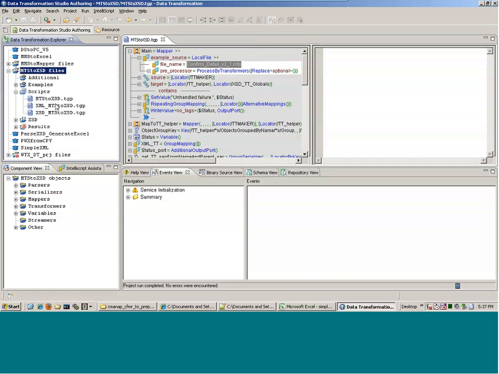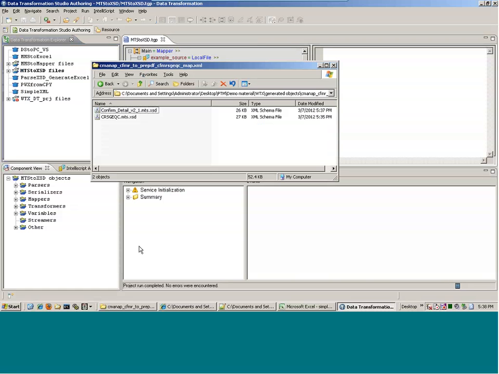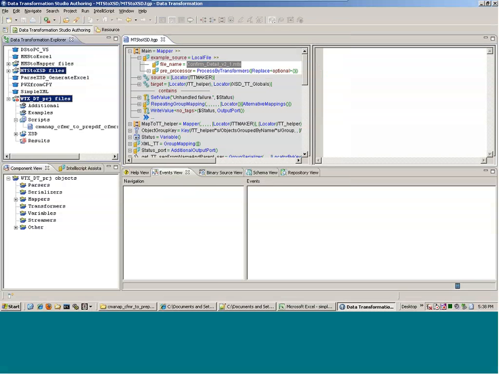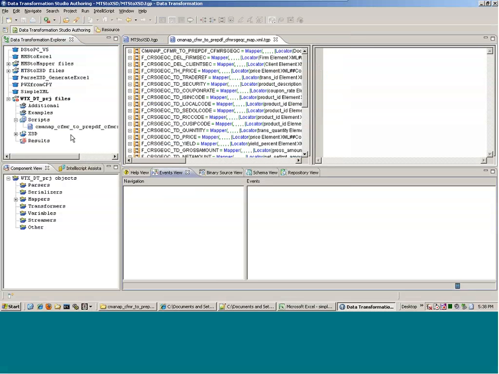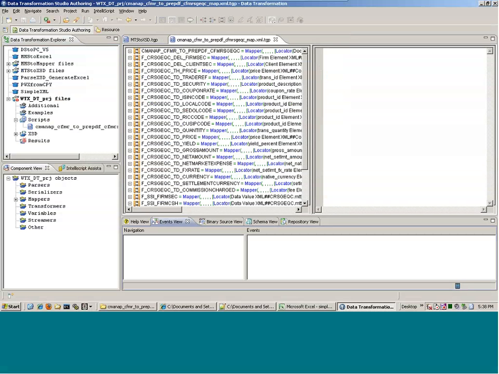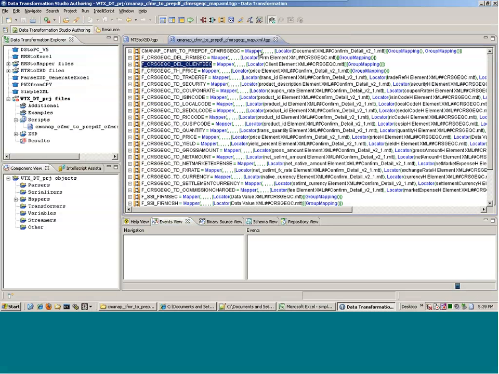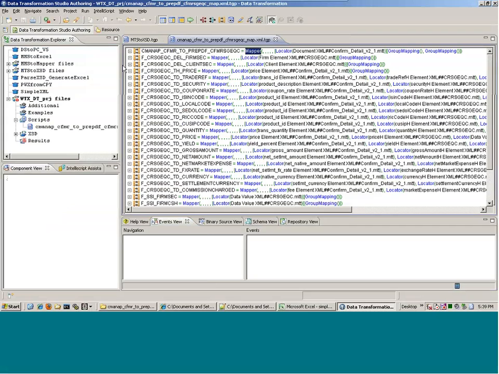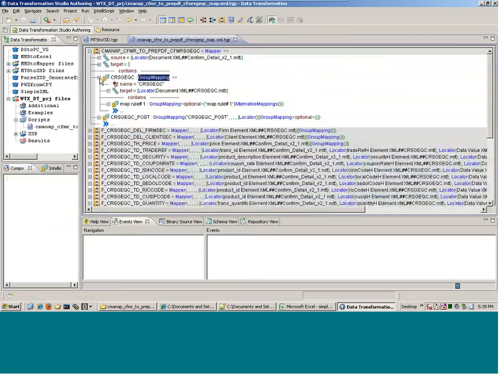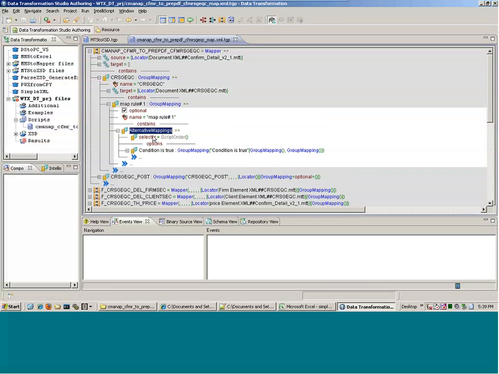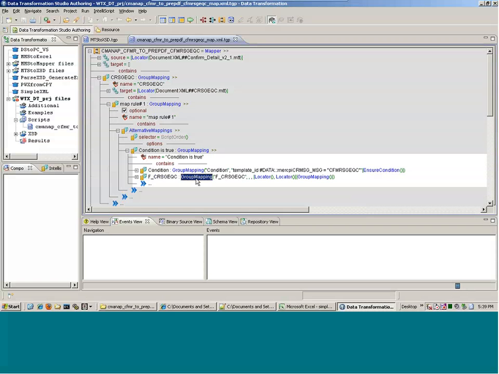Now when the second one is done, I can actually go to another project that I created over here. And as you can see, this is the location where those files were created. And from within this project, I already imported the two XSDs. And you can see that the difference is really in the fact that this is a far more complex mapping, a lot more mapping rules. There could be logic over here that would do one thing or else do something else, and